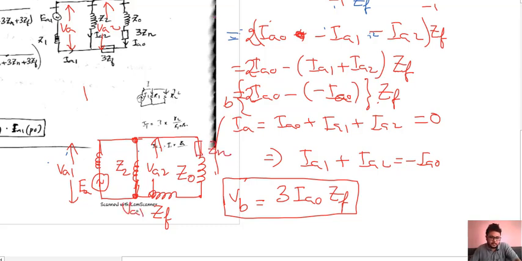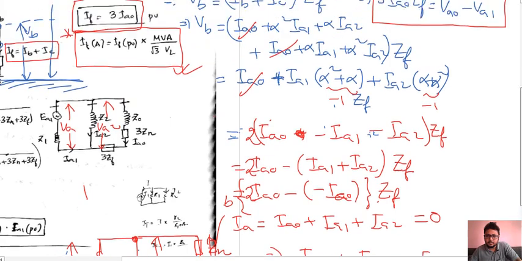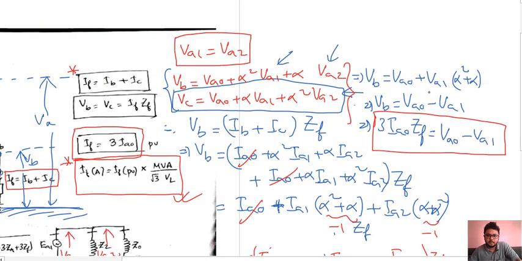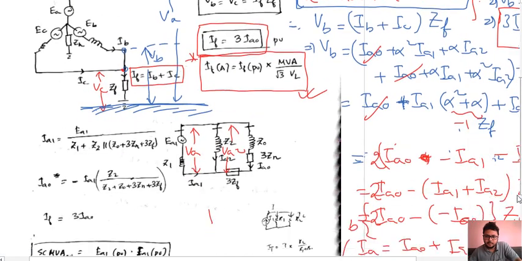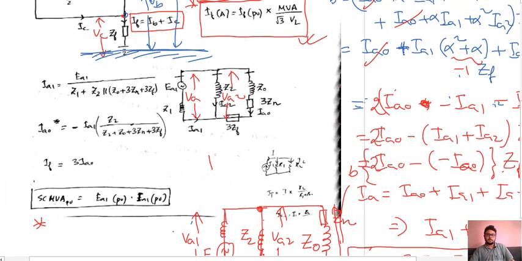Okay, this is VA1 or VA2 and this is VA0. So this minus this should be 3 times ZF, you see, by equation. So that is why our diagram came out to be this one, VA1 equal to VA2. Also this is VA2 or VA1, whatever you write, VA1 minus this VA0 equals 3 times ZF.